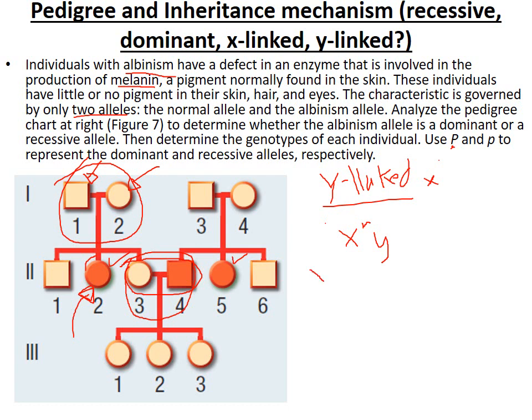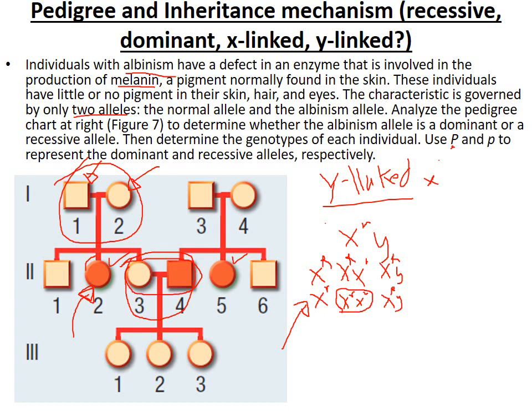And the mother could be a variety of things. She could be X big R, X little r, or X big R, X big R. So let's say she was X big R, X little r. The kids would end up being X big R, X little r, X little r, X little r, X big R Y, X big R Y. So if it was sex-linked and recessive, and the mother was this, then one of the daughters should have albinism,